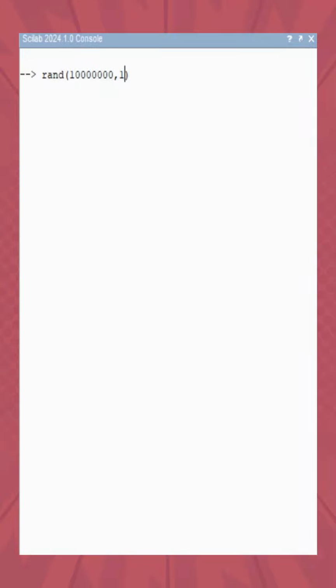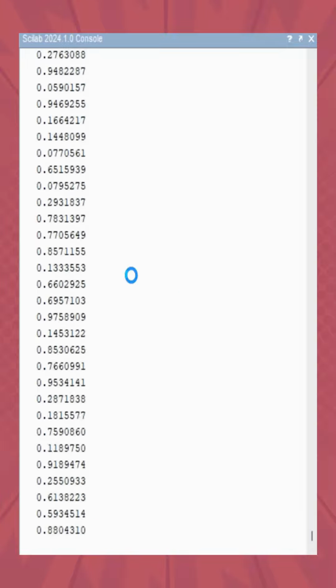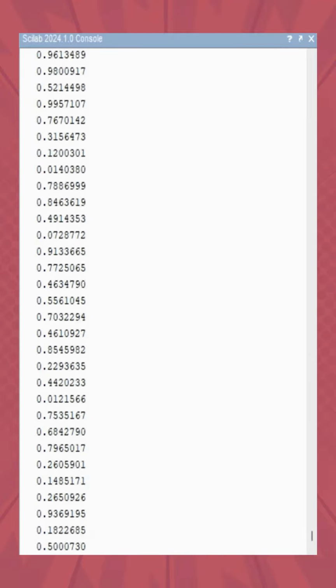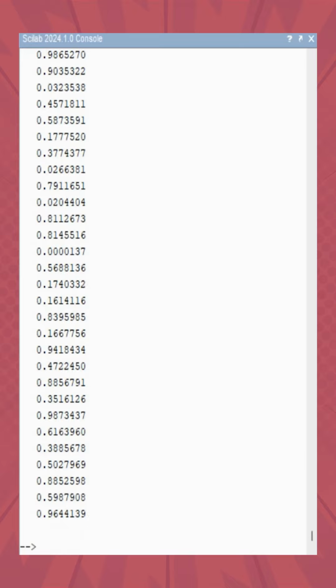So let's hit enter, and as you can see, a lot of numbers are being generated, and what you have to do is press Ctrl and C at the same time, and as you can see, the operation is aborted. So this is how to abort an operation manually in MATLAB, Scilab, and Octave.